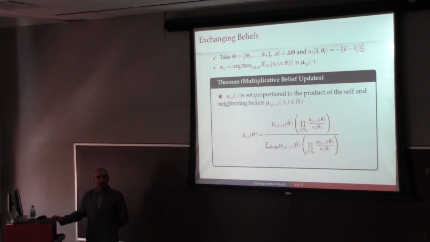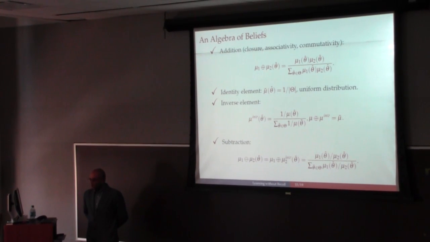That is the kind of heuristics that we get when agents are exchanging beliefs with each other. At first sight, it may look quite different from the linear action update that we saw, but actually we can impose an algebraic structure on the beliefs so that we recover the same addition and subtraction that we had. If you define addition of two beliefs as their normalized product, then over the interior of the probability simplex, the beliefs will form an abelian group.